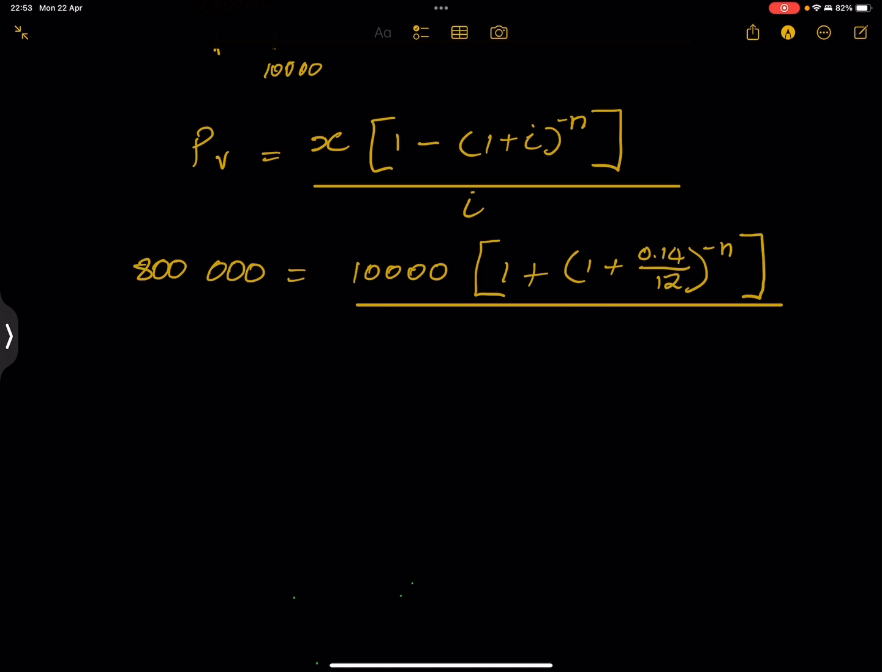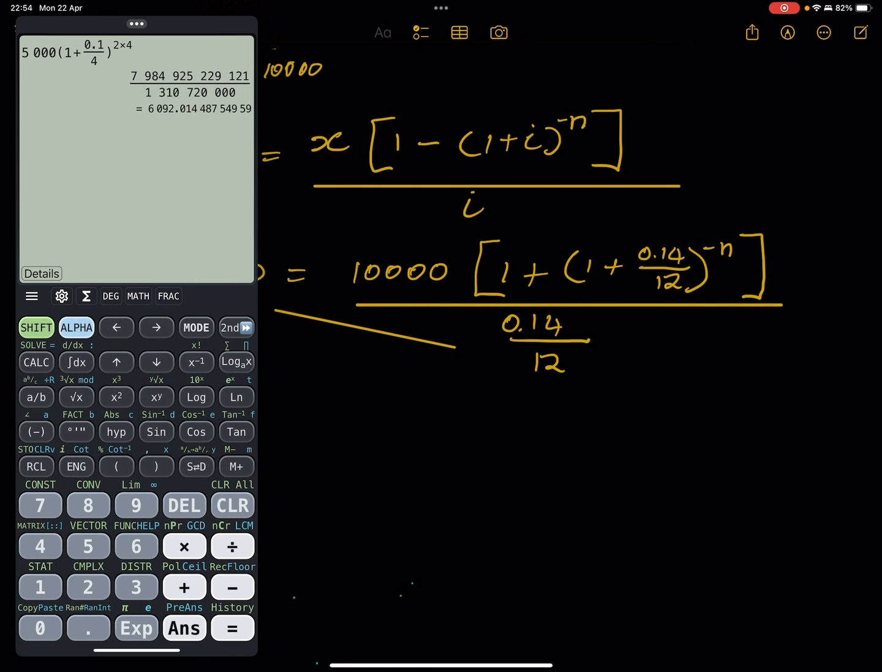Which is a reflection of the number of withdrawals. So that's 0.14 divided by 12. Okay, so we're going to do some mathematical gymnastics over here, right? So we're going to cross multiply that and divide by 10,000. Okay, so I'm going to say, let's take that 800,000 multiplied by